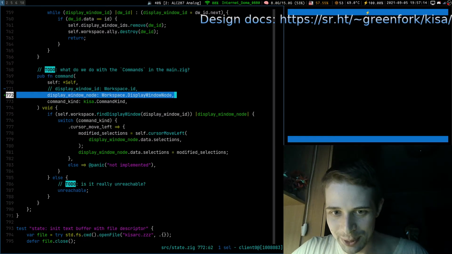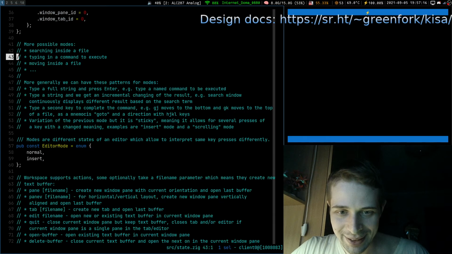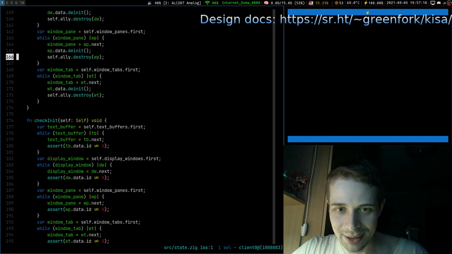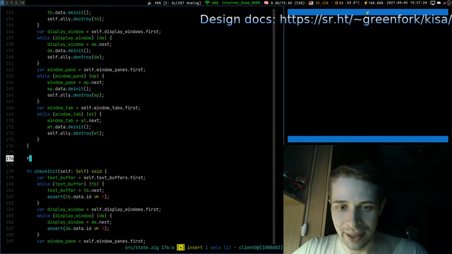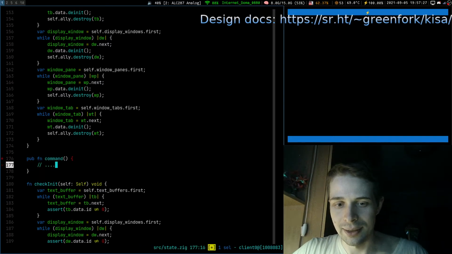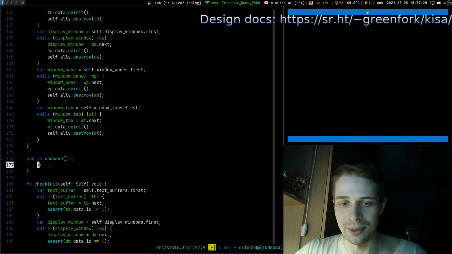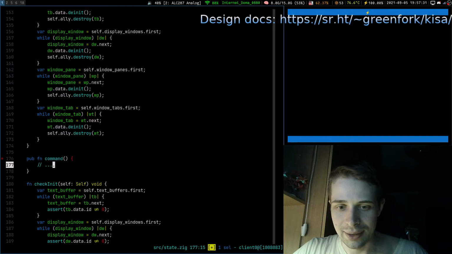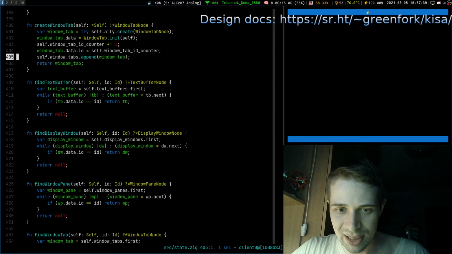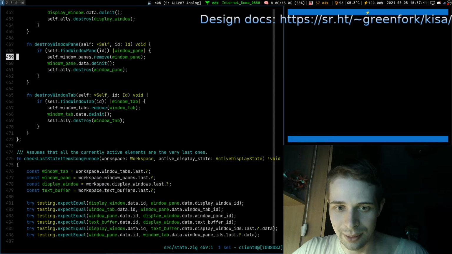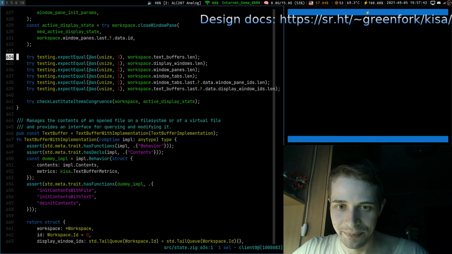With this approach we will probably have in this workspace a proxy function command, public, which will do some stuff here and just proxy it to the text buffer, and then in the text buffer we will actually do our changing stuff.